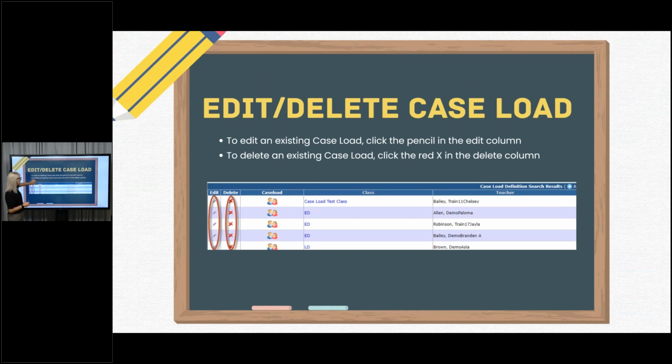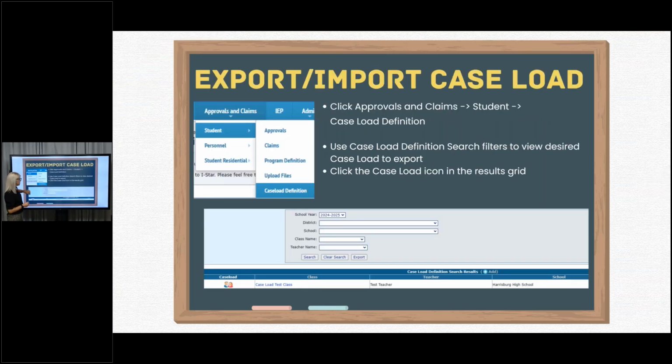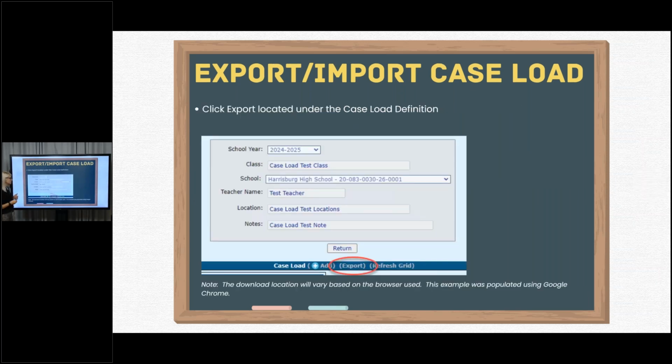Kind of already talked about that, your edit and delete. So we want to get to, here we go. Okay, so exporting and importing your caseload. Again, going back, just so you know where we're at, we're still under this caseload definition. Okay, so we are going to open up this caseload that we just created. So we're going to click on the caseload icon, and we're going to go in and start to do the